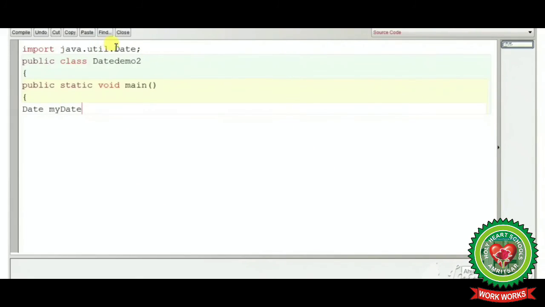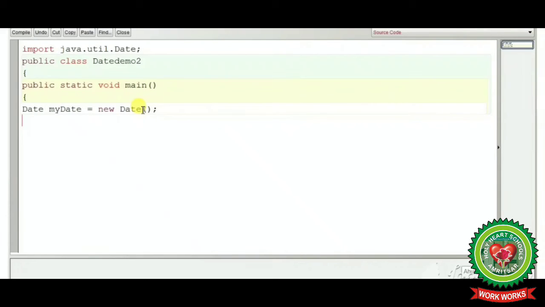Then myDate, which means we are creating the object of the class, that is myDate. This is our class that we are going to include in our program. So we will write this class name over here also, that is Date, and myDate, we have created the object of the class, equal to new. The new operator is used to allocate memory to this new object. Then we will again write the class name, that is Date, round bracket start, round bracket close, semicolon.